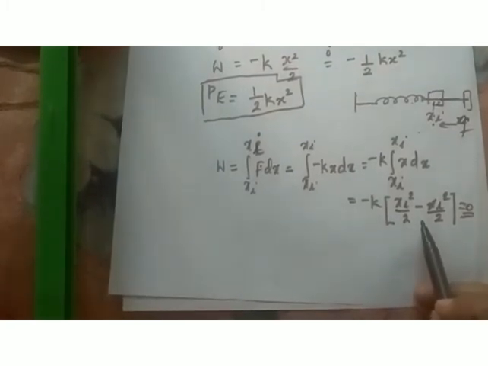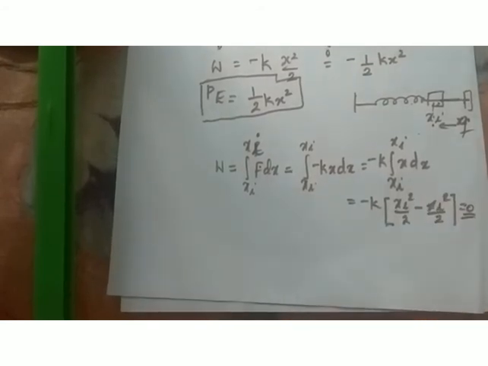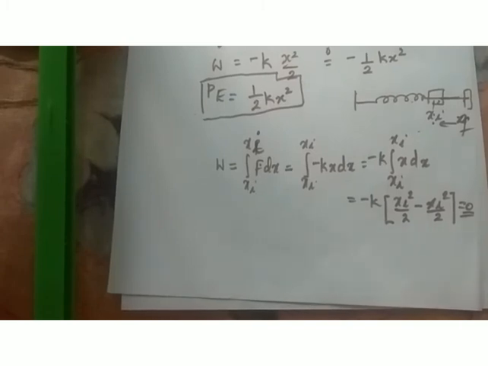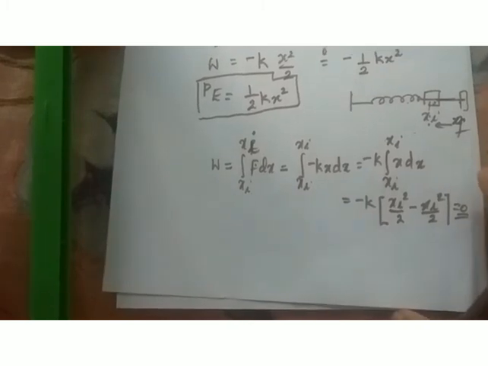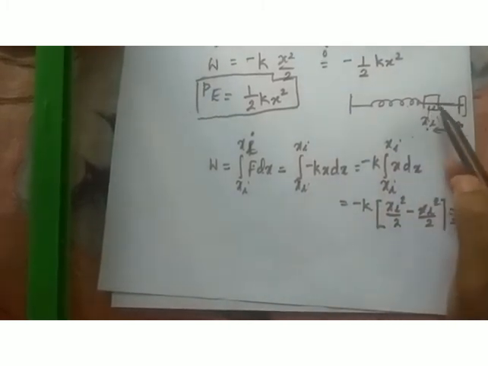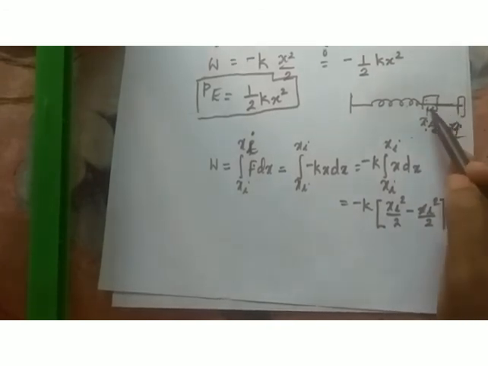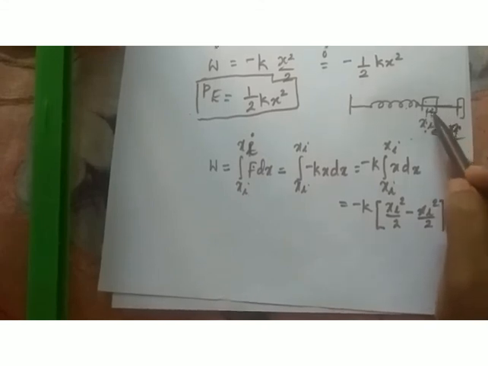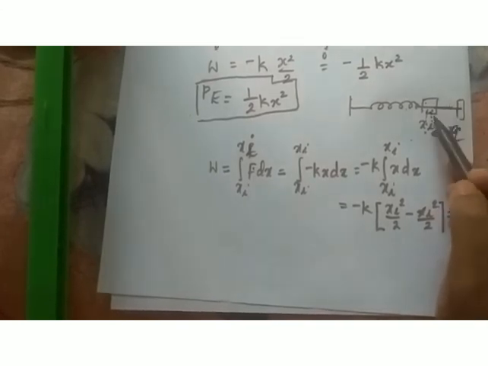That is, the work done depends upon only the initial and the final points. It is not bothered about the path through which the object is displaced. It depends only on the initial and final positions of the object. So in this case, the initial position of the object was xi, and finally the object comes back to xi itself. So final position is also xi. It forms a closed path and work done in that closed path is 0. So this is the property of conservative force.